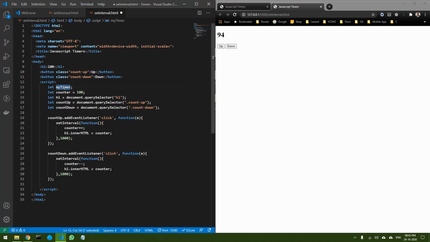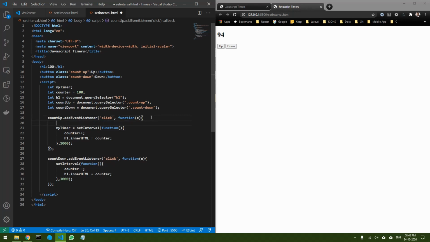Whenever I start a timer, I am going to assign it to the timer variable. And before starting a new timer I should always use clearInterval, and give the name of the timer, that is myTimer.